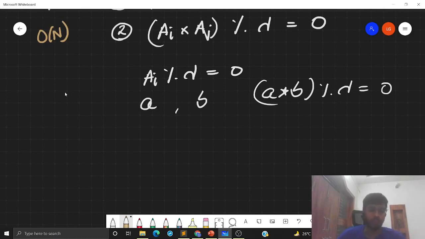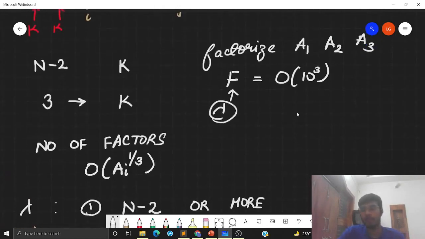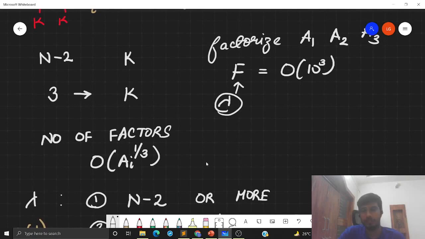We first factorized these three numbers and stored the factors in a list f. We have seen that the number of factors is of order ai raised to the power 1 by 3. So the number of elements in the list f will be somewhat of order 10 raised to the power 3, some thousands of numbers.